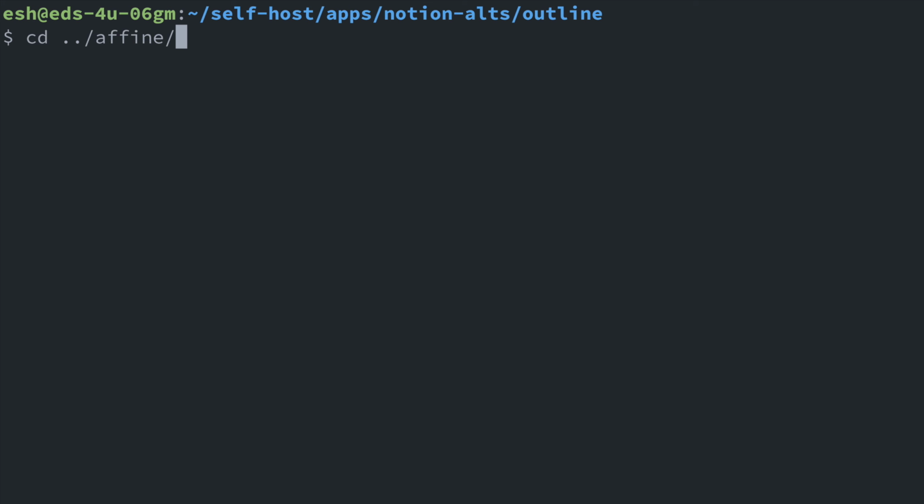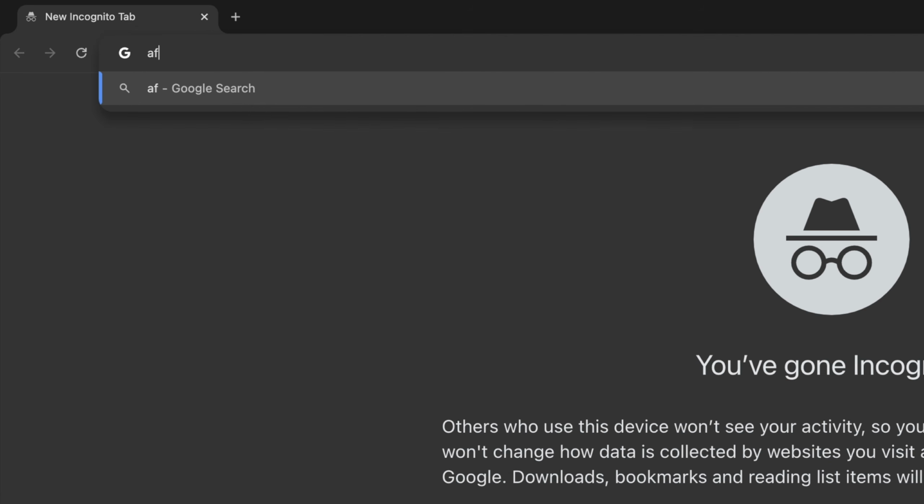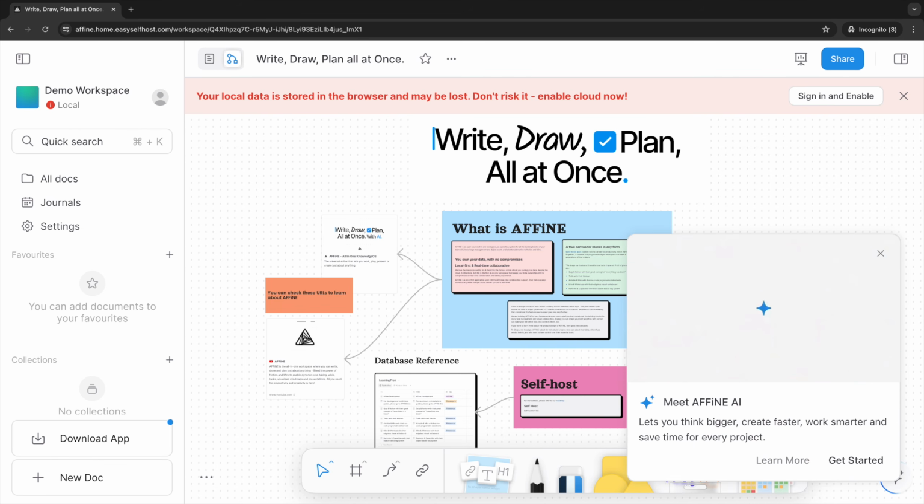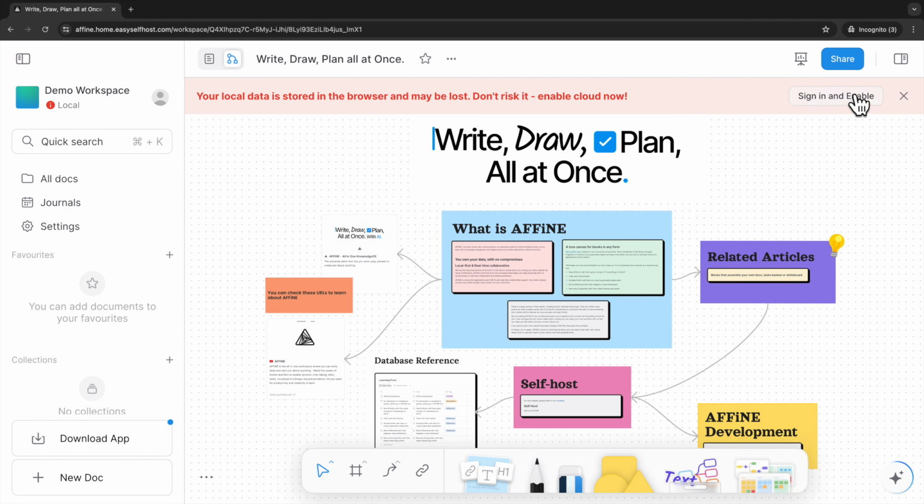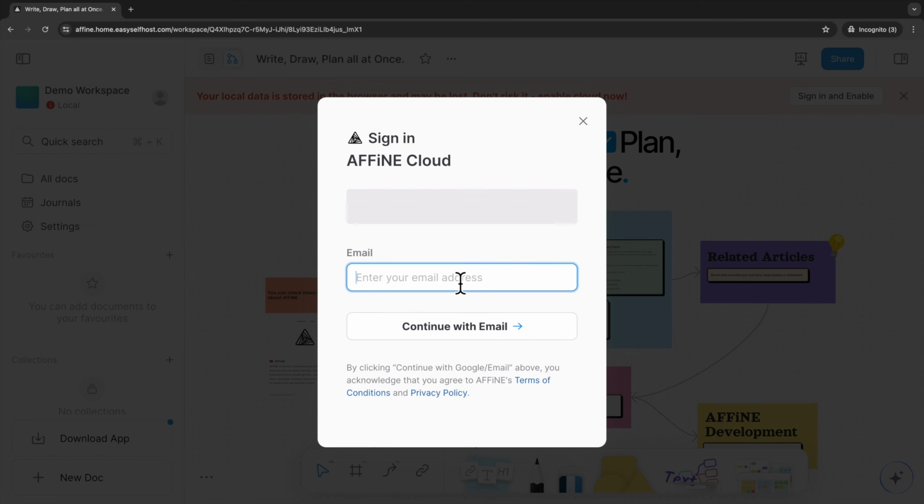Now we can head to the command line and start the Docker Compose for AFFiNE. After it starts, let's navigate to the URL of AFFiNE. The landing page of AFFiNE might seem confusing because it displays the editor and a few documents, but note that the storage is local to the browser. To utilize the server, we must first sign in with the admin email and password we set up in the